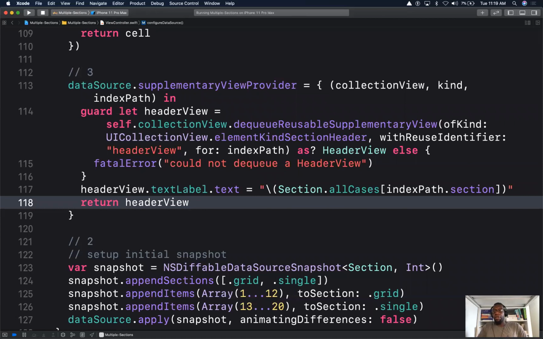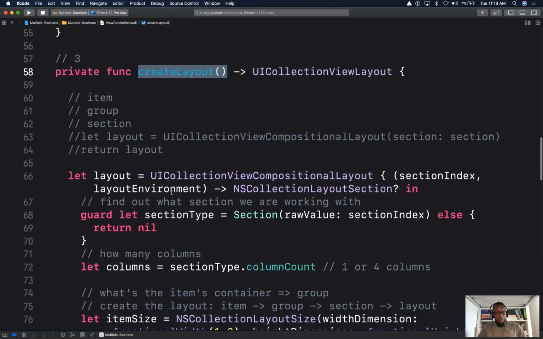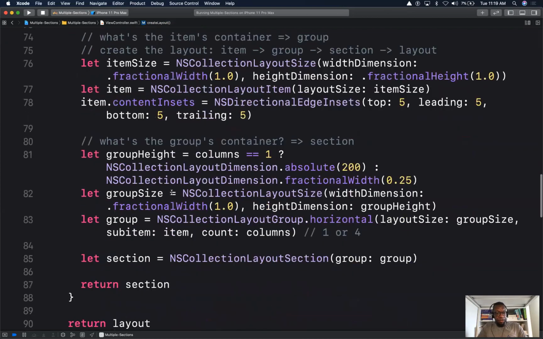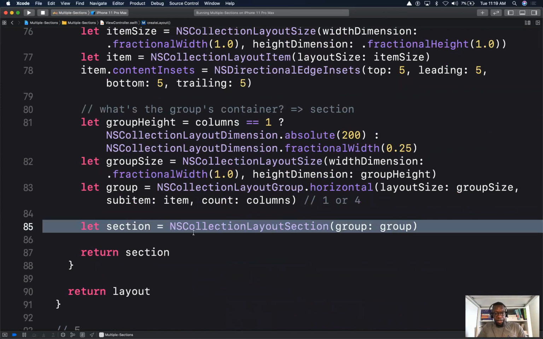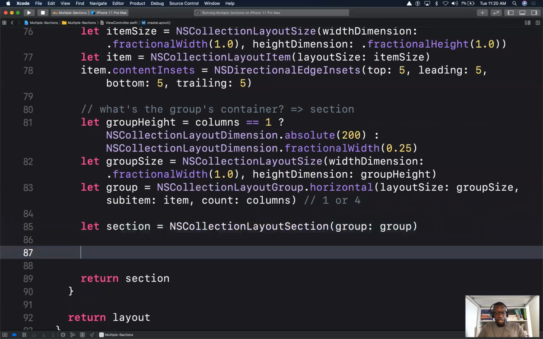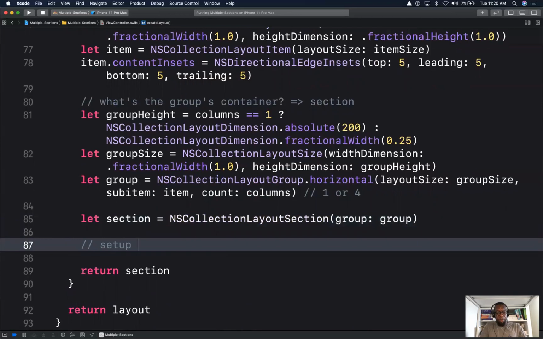Okay, cool. So let us go to create layout. We'll do this right where we have our section. It could be before the section, but we'll do it after the section. We have our section defined. Let's go ahead and set up or configure